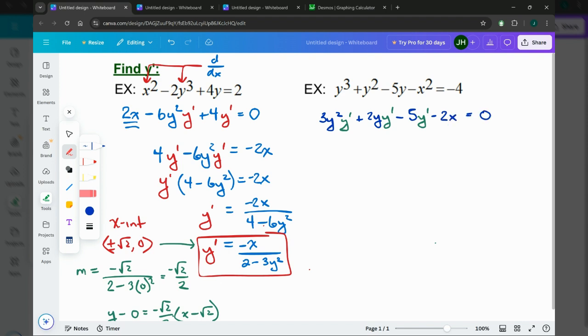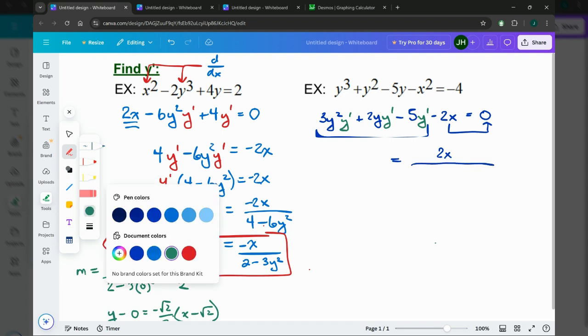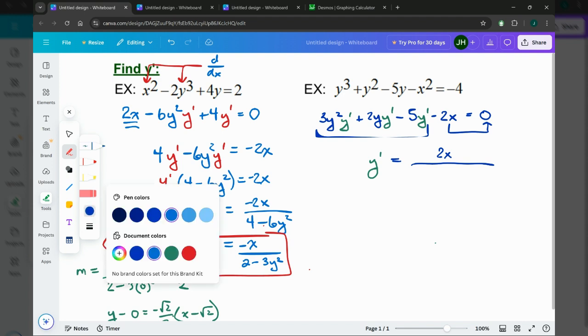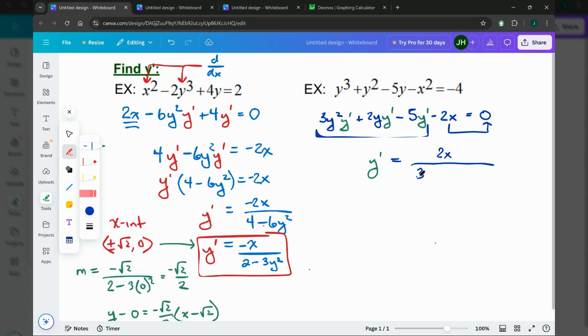Now, how do I solve this for y prime? Well, first thing I'm going to do is add that 2x to the other side. I'm going to take this term because it doesn't have a y prime, put it on the other side. Now, we can do this all in one step. Take a look at all three of these terms. If you factor out the y prime, what is left? What am I going to divide by? You're going to divide by 3y squared plus 2y minus 5, and there is the expression for the slope of